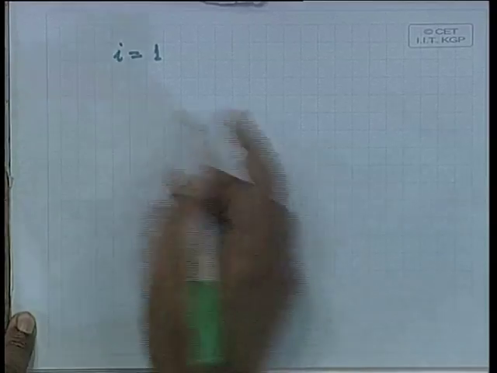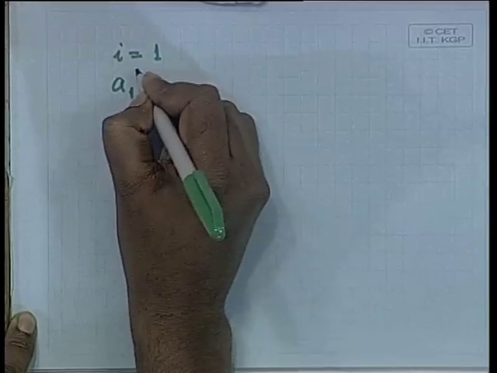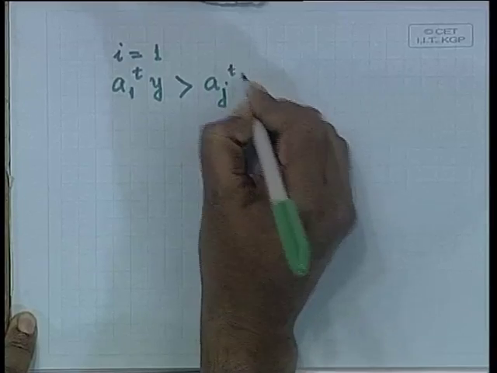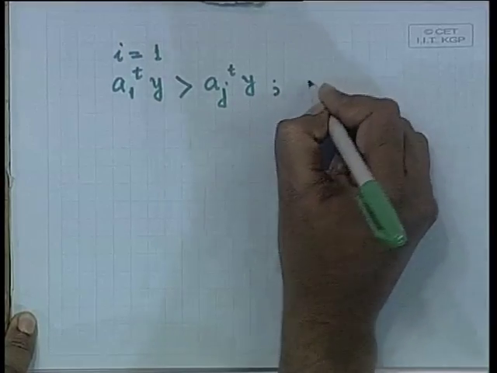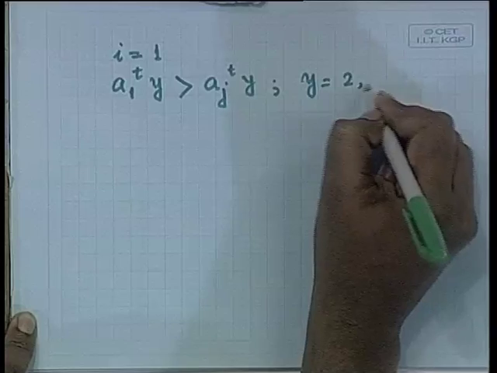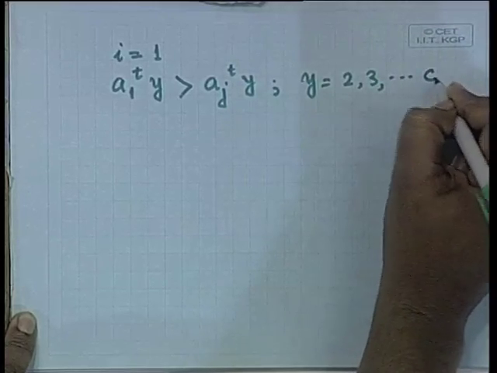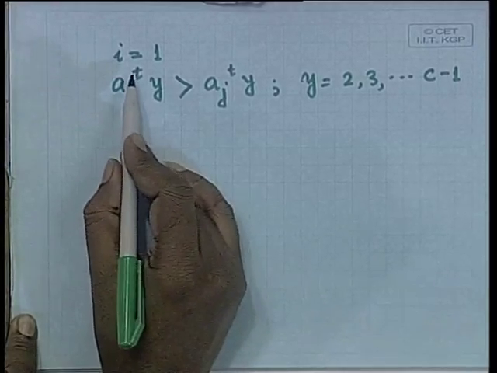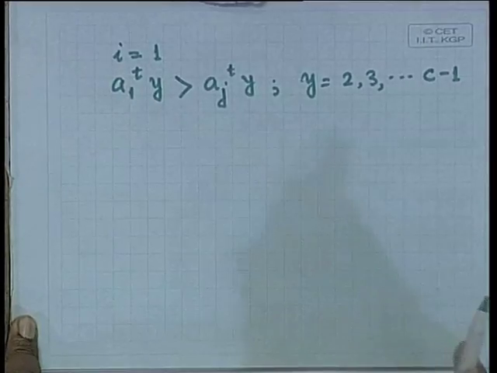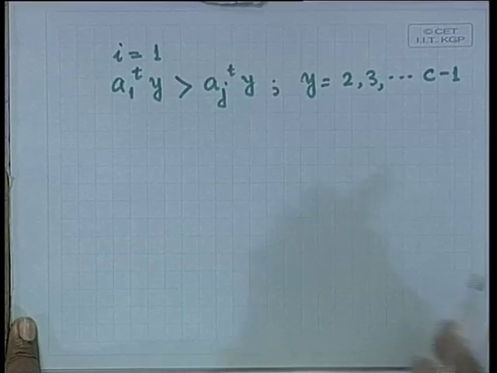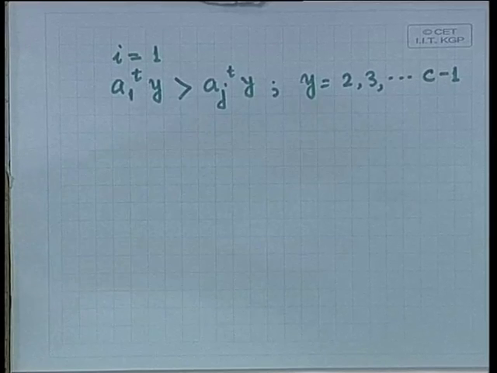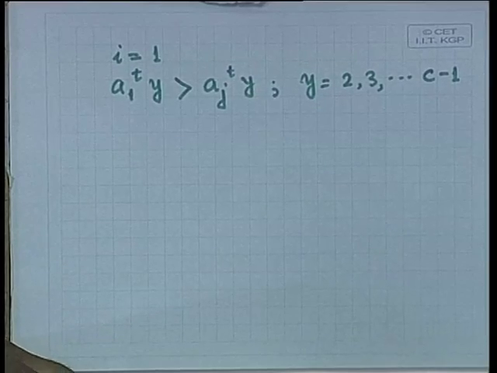I want A 1 transpose y to be greater than A j transpose y for j varying from 2, 3 up to C. Later on we will generalize. So, I take a particular value of i equal to 1. All these C minus 1 inequalities can be put in a unified approach if I take